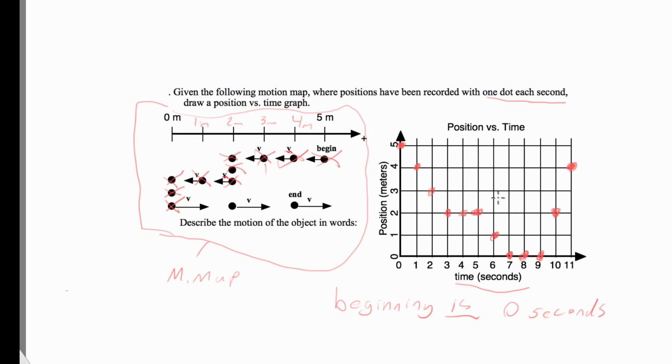Now, this is kind of the best final answer. Interestingly, at the end, it says it's still moving up. So it didn't really end because there's an arrow there. So it says this is the end point, but we know it's still moving. So is that really the end? Not really, because we know it's going to keep going. But if it says we're just going to stop here, but know that the particle is still moving, that's fine. If you want to connect these dots,